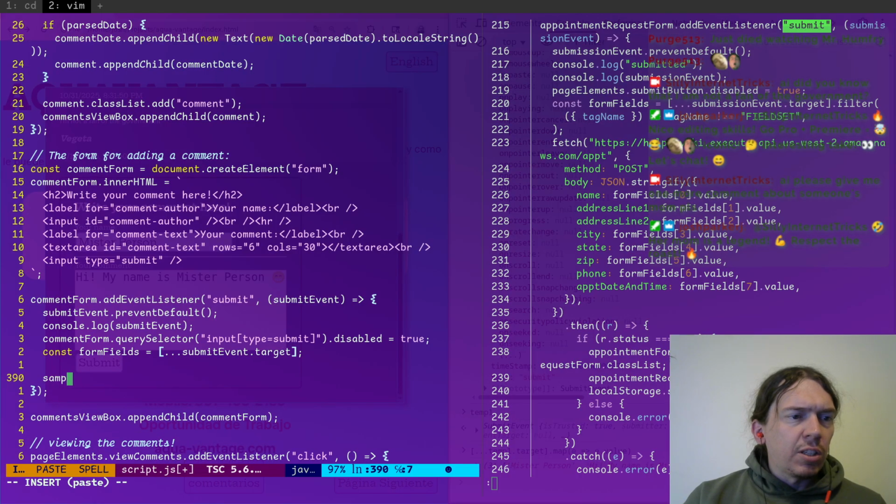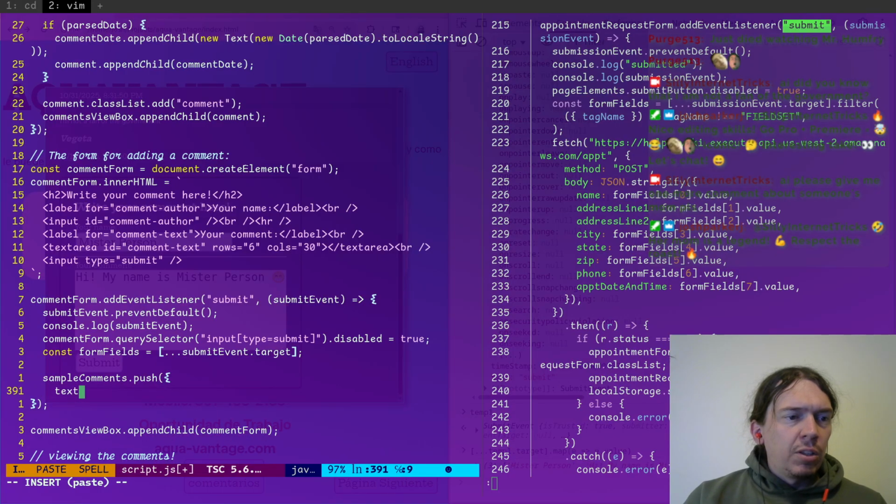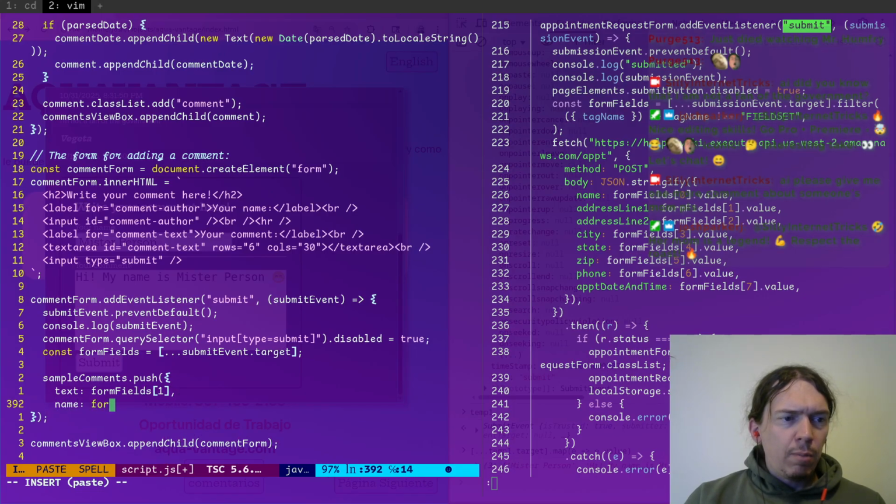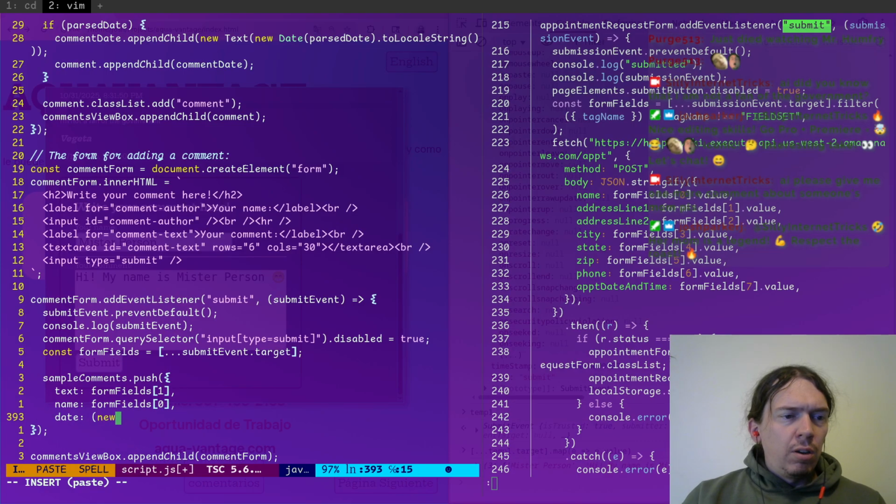So now I'm just going to say sample comment push text form fields sub1 name fields sub0 date new date toJSON.